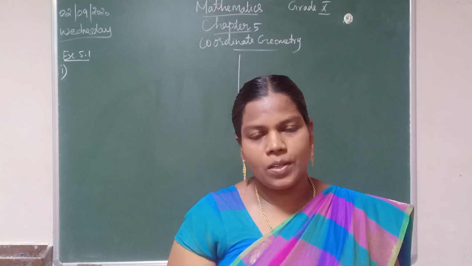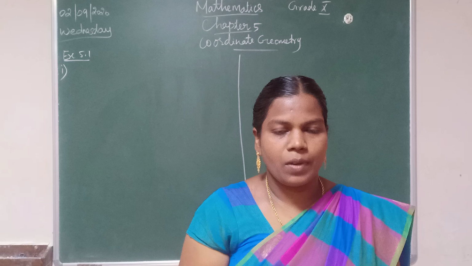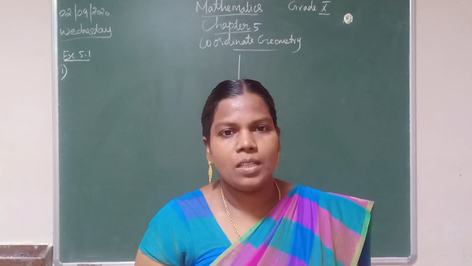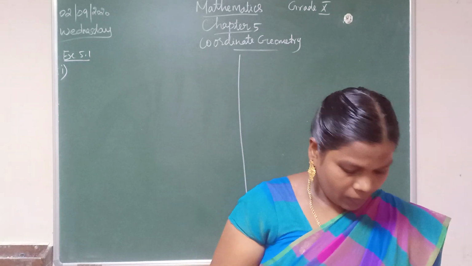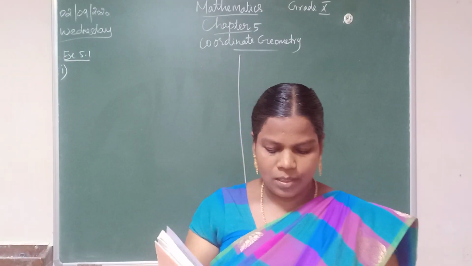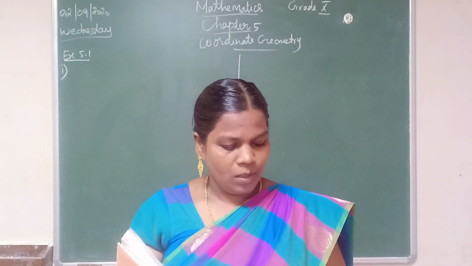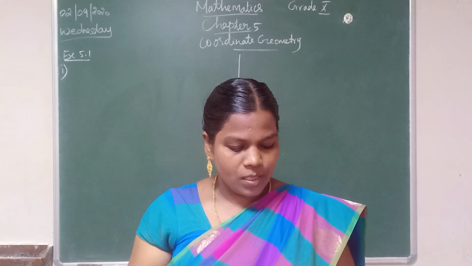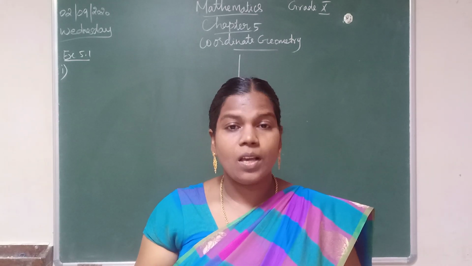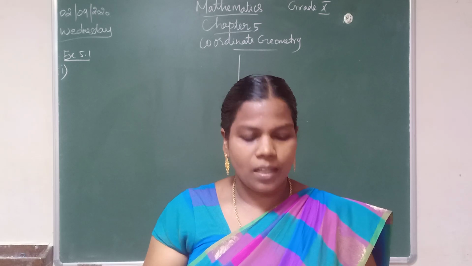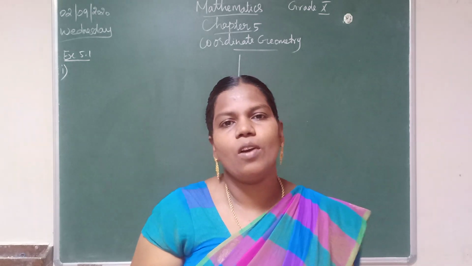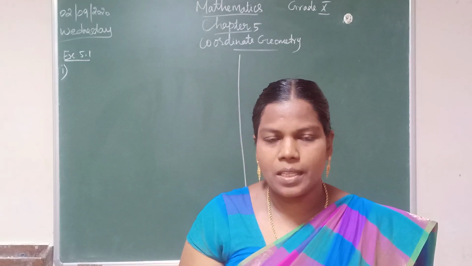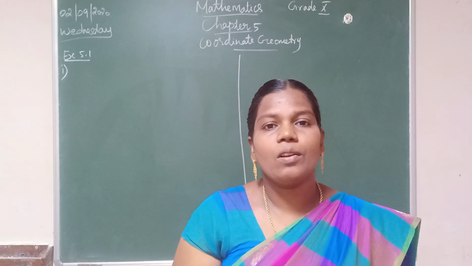Okay. Today let's start exercise 5.1, third question, first sum. Write the question along with me. Three vertices are given and the area is also given. What is the question? Vertices of given triangles are taken in order and their areas are provided aside. In each case, find the value of P. Here the unknown value P is there. We have to find the unknown value P.